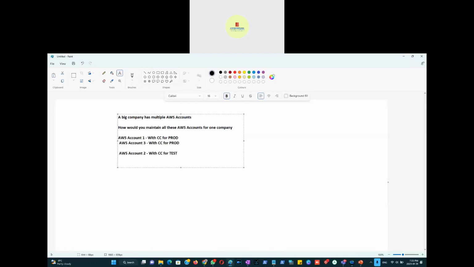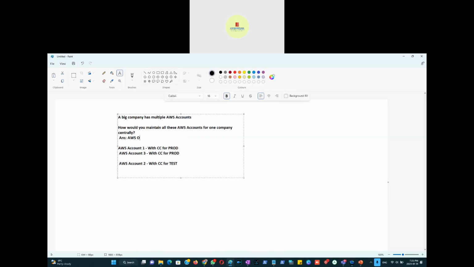How can you maintain multiple AWS accounts, either for one company or more, centrally? And that's where the answer is